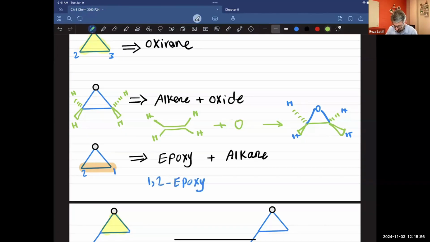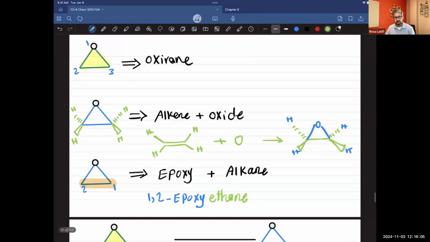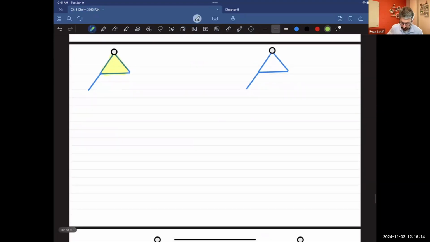And then I say ethane. So we use the epoxy before the alkane, while oxirane will be at the end of the name. I'm going to practice a good number of questions, and you will see how we're going to use those two terms. On the left side, I highlighted the ring, and I'm going to start labeling from here,